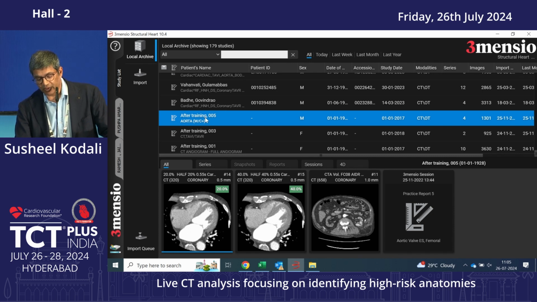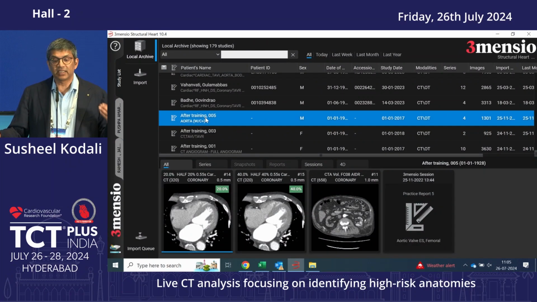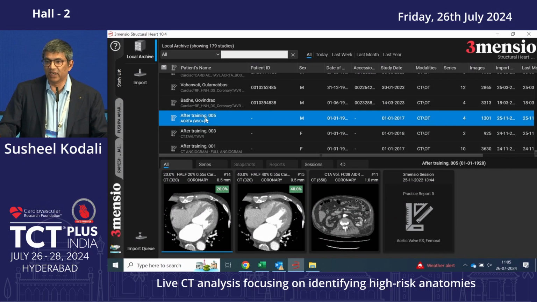At our center, we have 3Mensio. We don't send our data out for analysis. We look at it ourselves, mainly from a logistics standpoint. It's just easier. It's not that we know what the right valve is for an individual patient, but we choose between